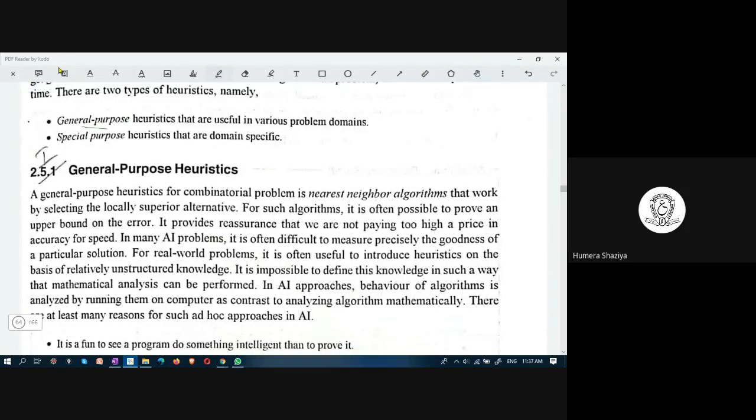The searches are of two kinds, general purpose and special purpose. In general purpose heuristic, it is a nearest neighbor algorithm that works by selecting the locally superior alternative. Locally superior alternative means that suppose you are at Nizam College, you just look for the options in say Google Maps.